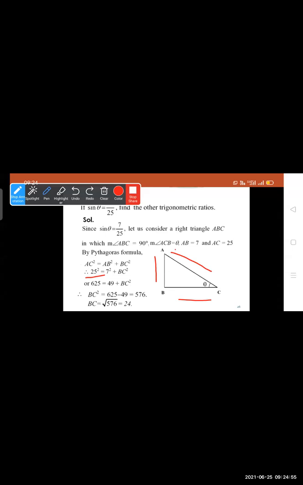So take the square of 25. For finding the square of 25, see, it's a simple technique. The square of 5 is 25, and here the number is 2. So the next number after 2 is 3. So 2 into 3 is 6, giving 625. In this way you can find the square of any number having 5 in its unit place.